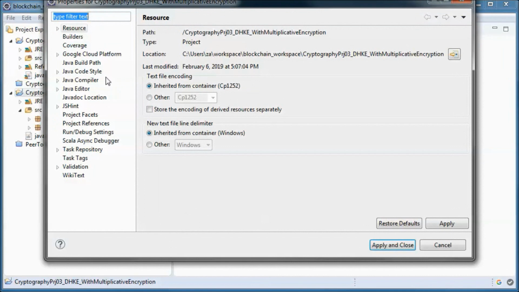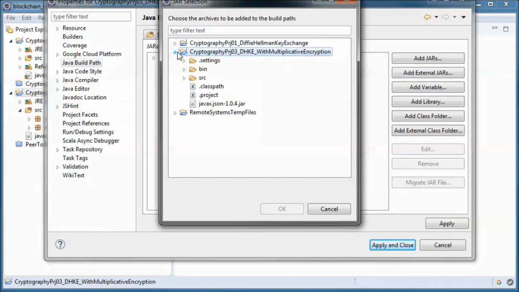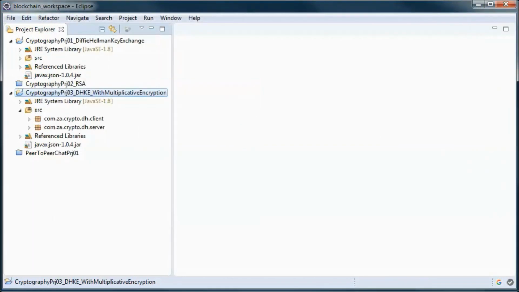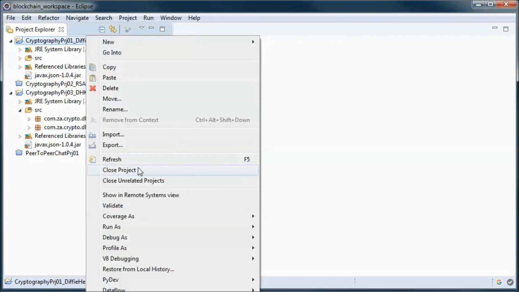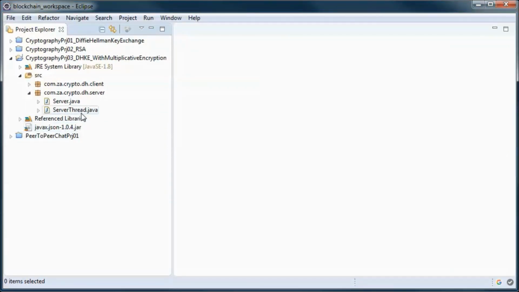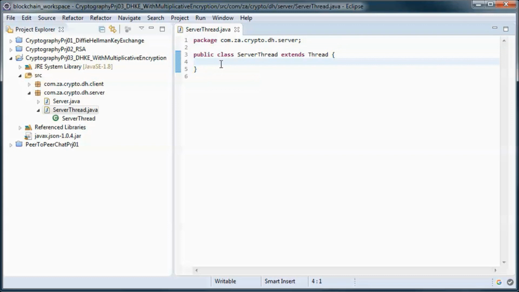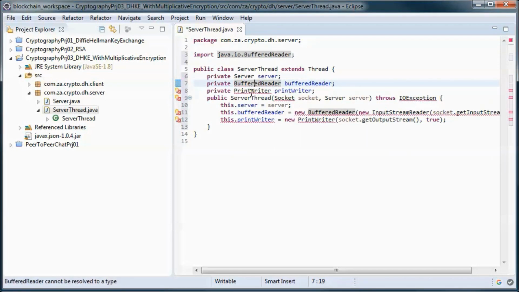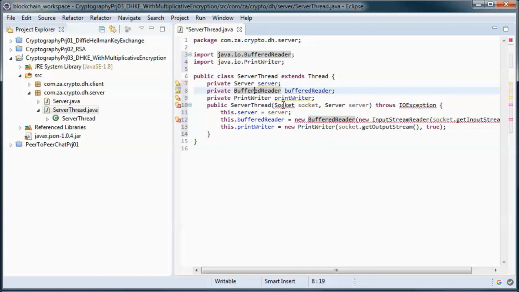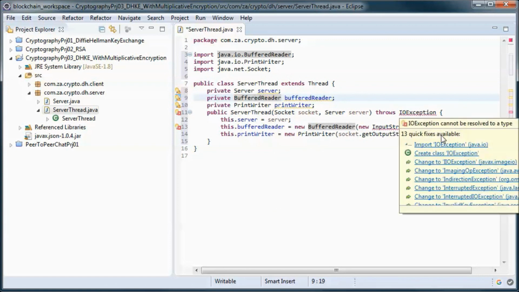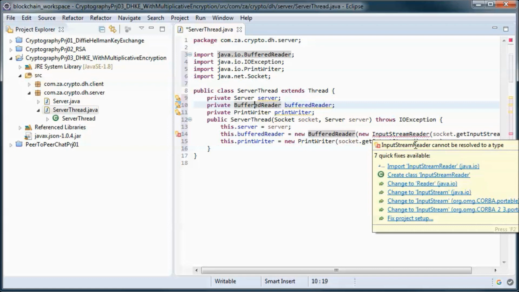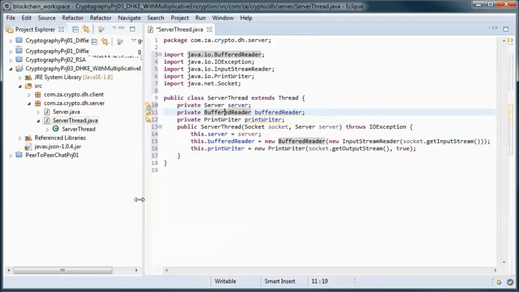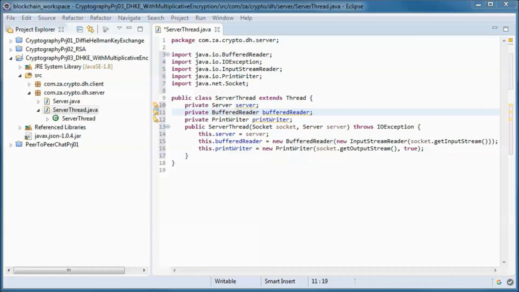So we go to properties and Java build path, and the server thread will have a server, a buffered reader, and a print writer as instance variables, and those will be initialized in the constructor, which will take in a socket and the server instance.